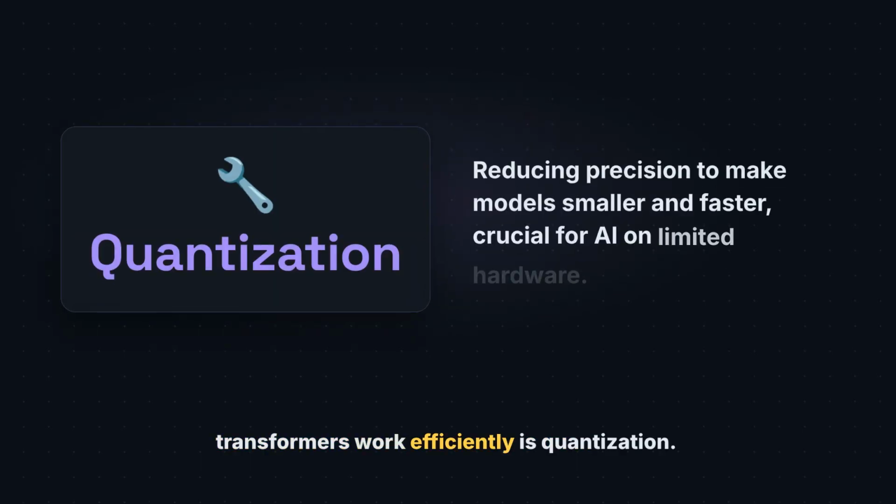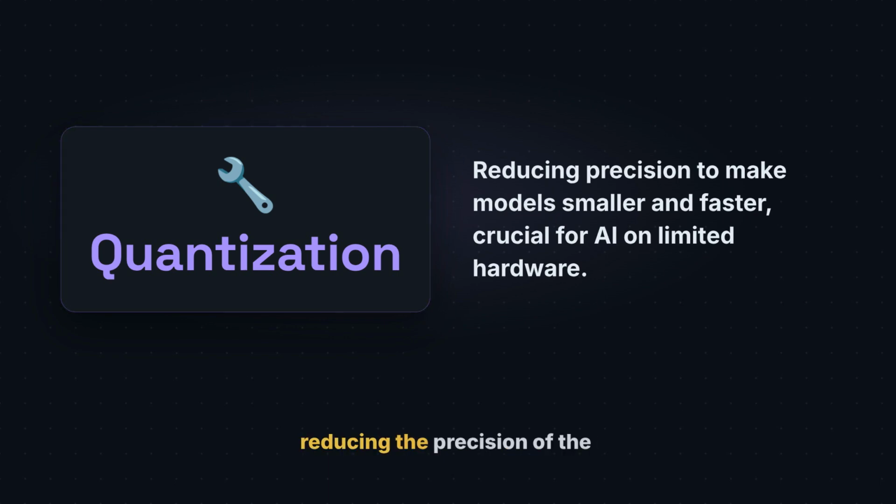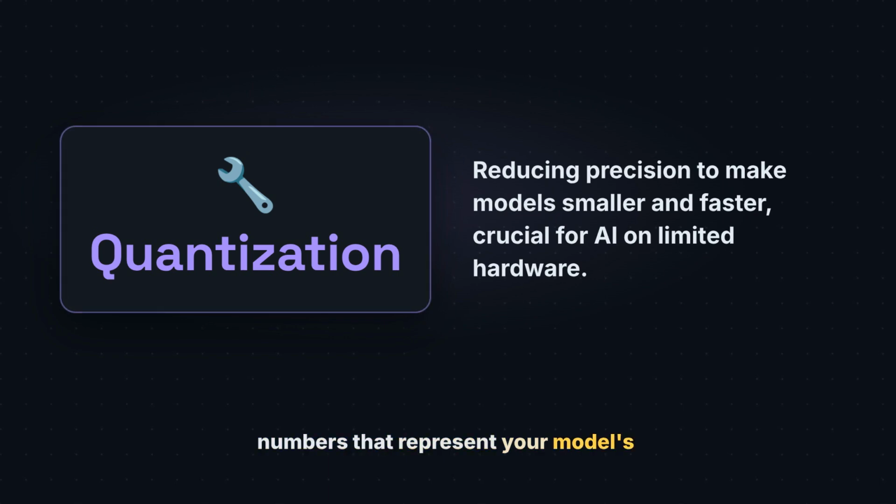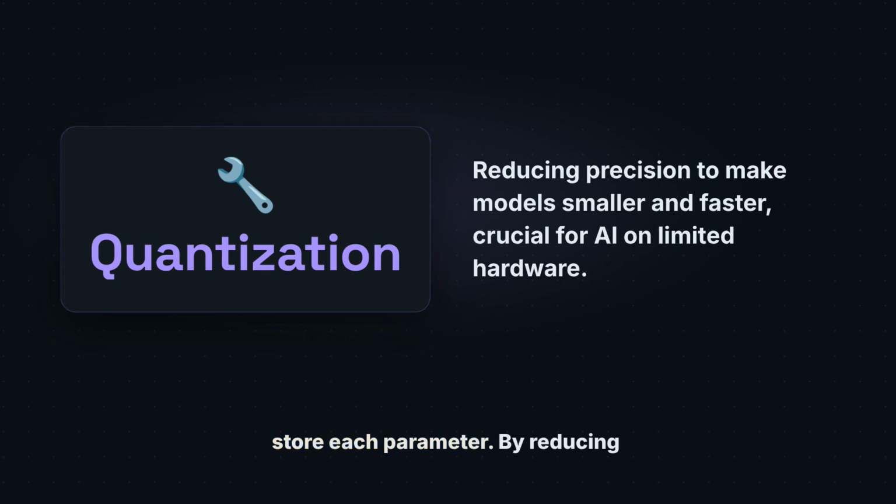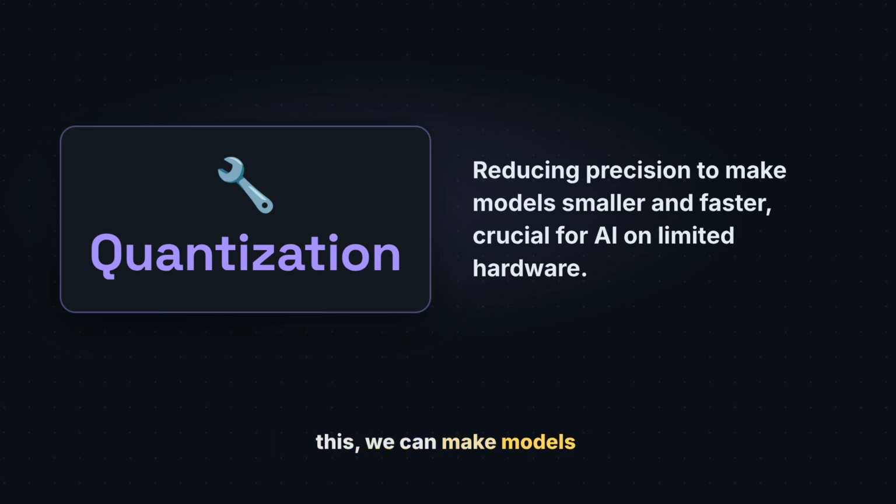A crucial part of making transformers work efficiently is quantization. Quantization is the process of reducing the precision of the numbers that represent your model's parameters. When we talk about precision, we usually mean the number of bits used to store each parameter. By reducing this, we can make models smaller and faster, which is critical for deploying AI on devices with limited